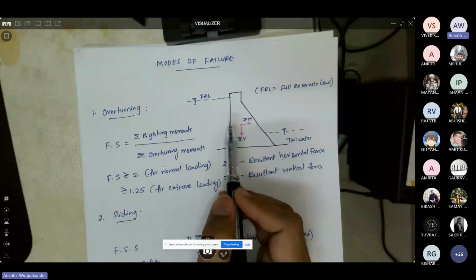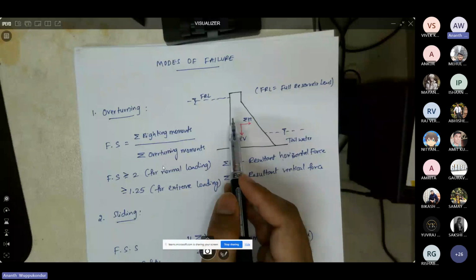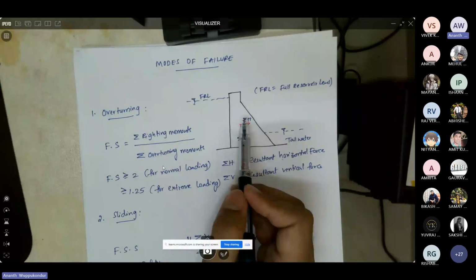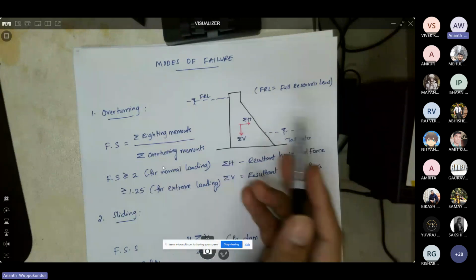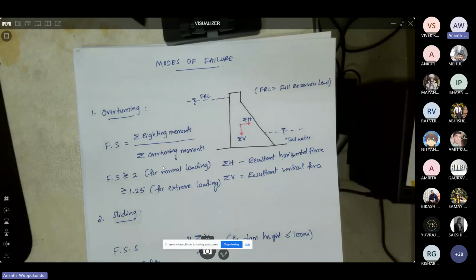So let's say you have hydrostatic force on both sides, and then you have the self-weight, hydrodynamic pressure, silt pressure, and wave pressure. For all these forces, you have the magnitudes, and you also know the points where these forces are acting on the section. Now, with respect to the toe of the dam,